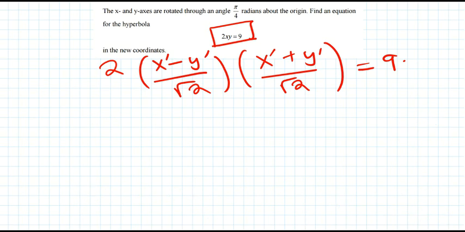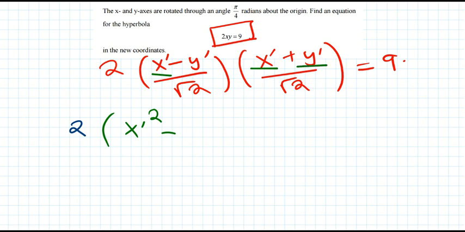Now that we've substituted, we can go on and simplify. Don't forget about the 2, which is outside. Let's multiply what is inside the brackets. x prime multiplied by x prime would be x prime squared, right? So x prime squared, and then minus